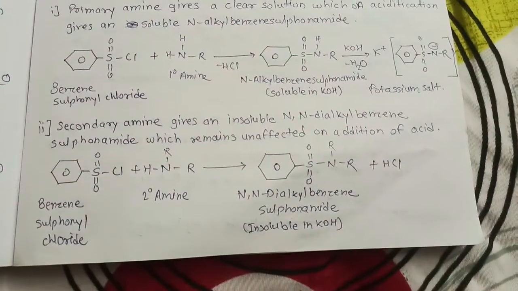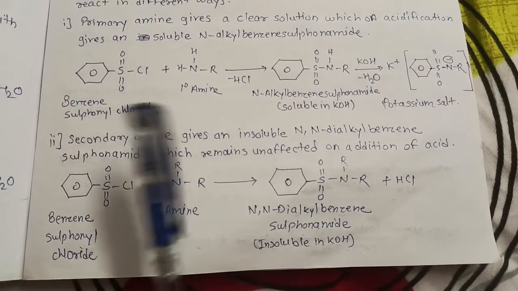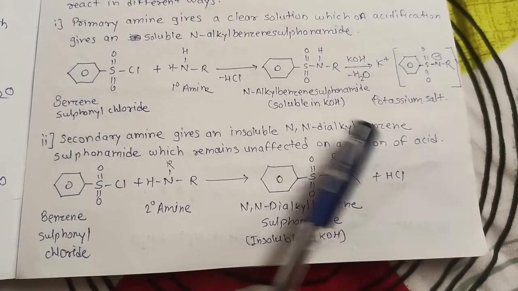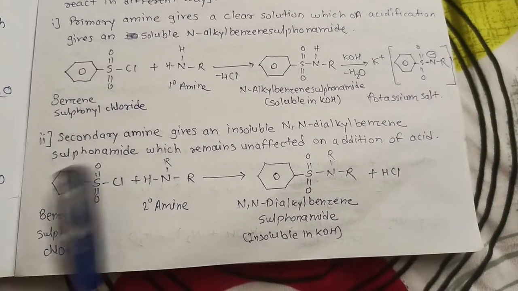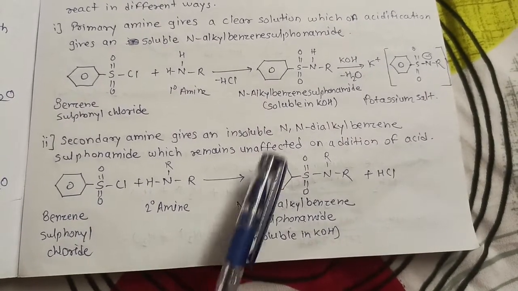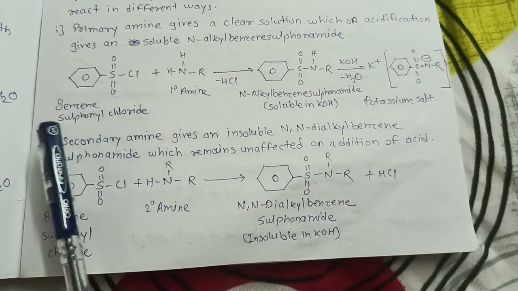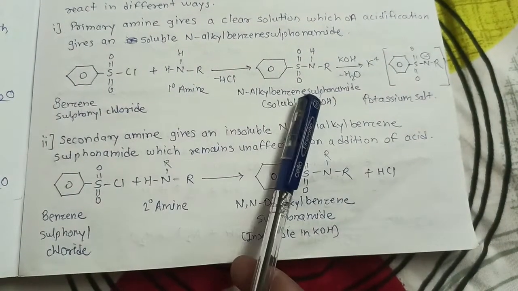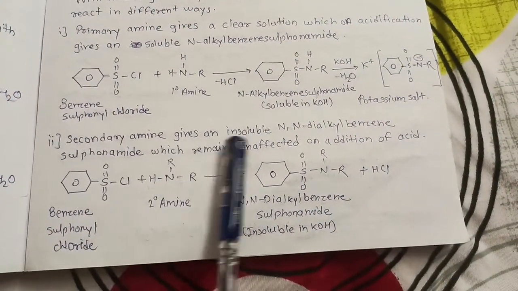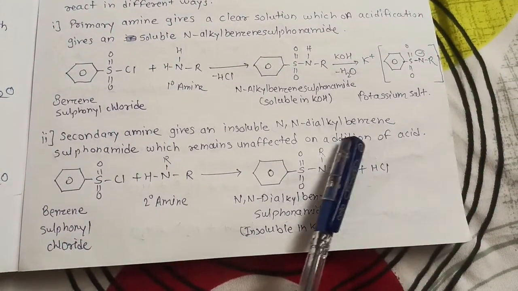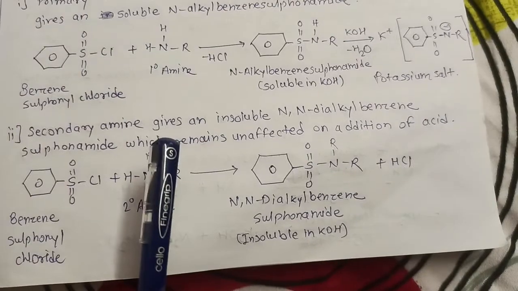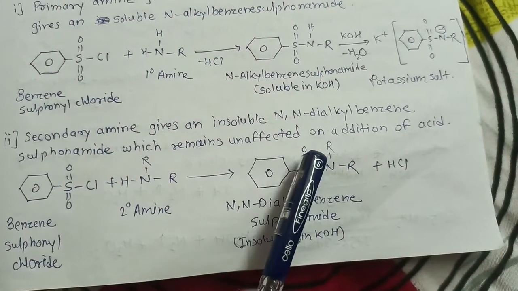What happens when Hinsberg reagent is treated with secondary amine? So secondary amine gives an insoluble N,N-dialkyl benzene sulfonamide. N,N-dialkyl means a tertiary amine derivative is obtained, and the N-alkyl one is from primary. So from primary, the secondary amine derivative is obtained using benzene sulfonyl chloride. Similarly, secondary amine when treated with this Hinsberg reagent, N,N-dialkyl benzene sulfonamide is obtained, which remains unaffected on addition